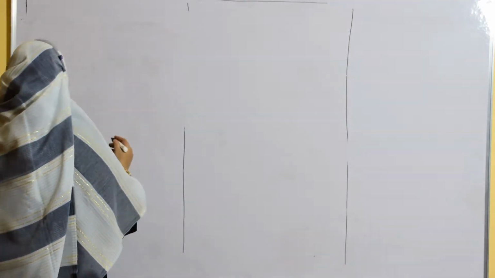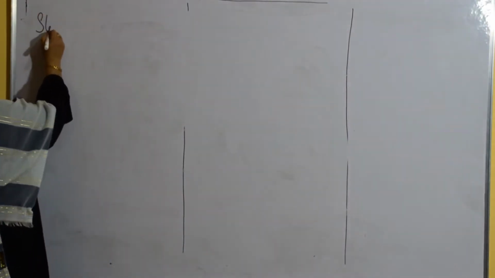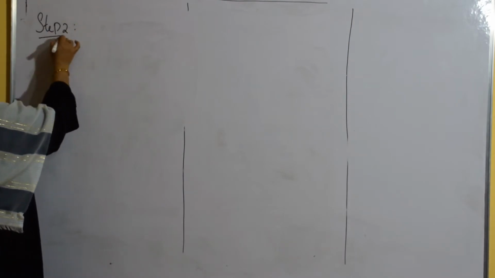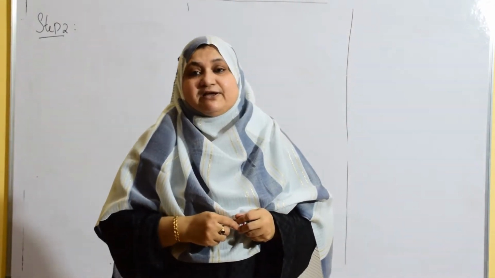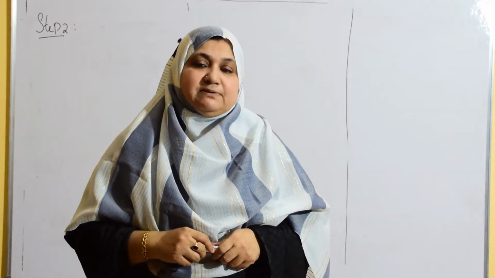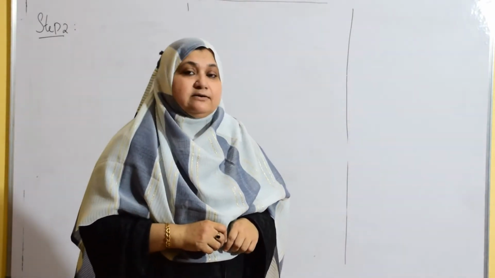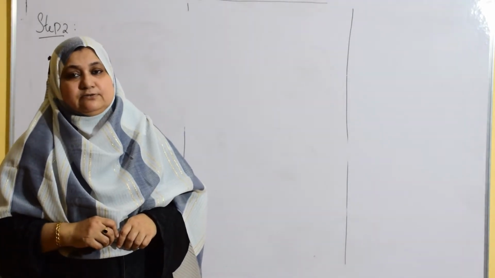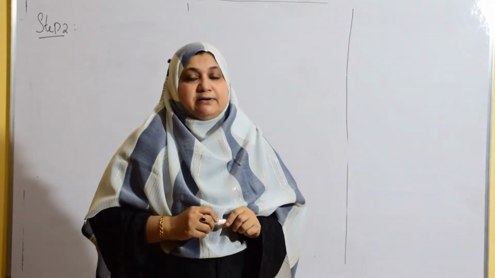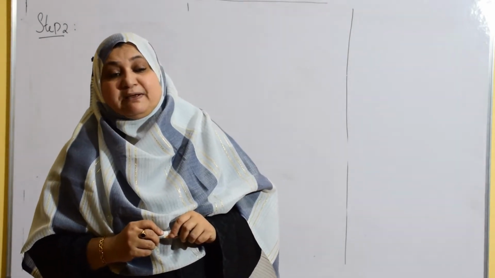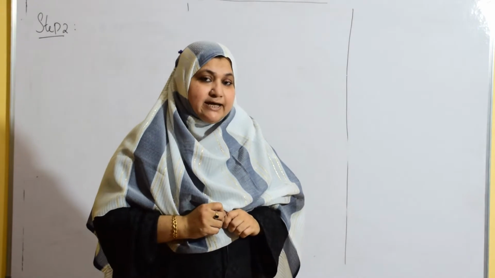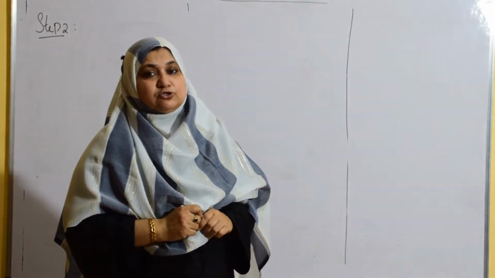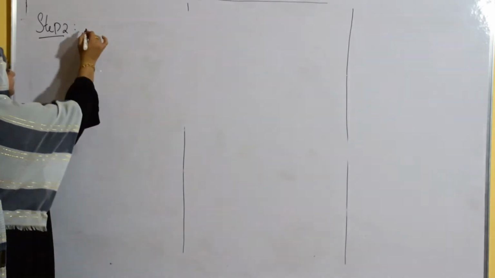Second step is something new for you all. So step 2. In this step, as all of you know, as per Indian Road Congress specifications, the design of bridges is done in working stress method. So when we use working stress method, we have to calculate the design constants. I also said in my earlier video, permissible stresses in concrete and steel are given in table 9 and table 10 of IRC 21. Those tables I have also given, you can refer to those tables. So let me continue to calculate the design constants.